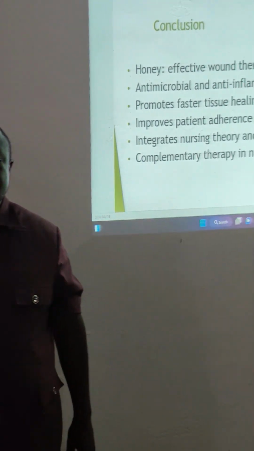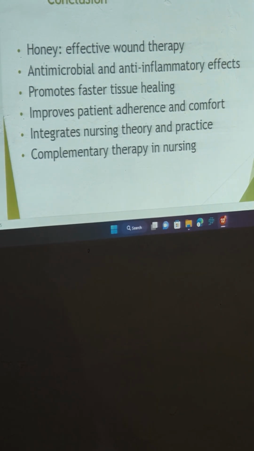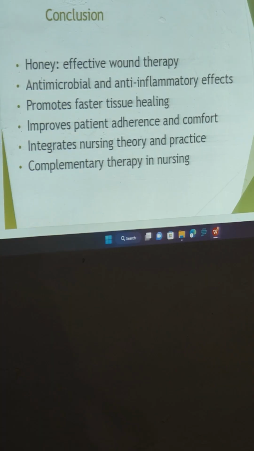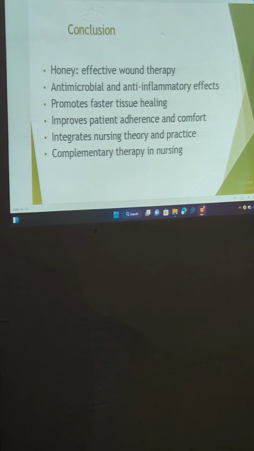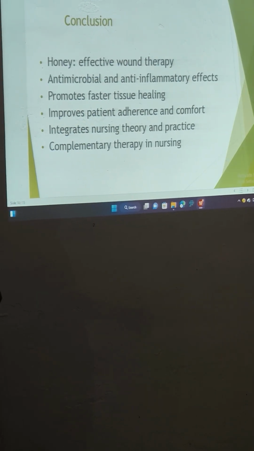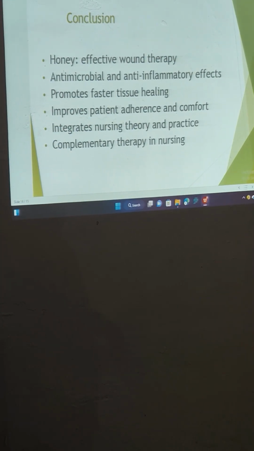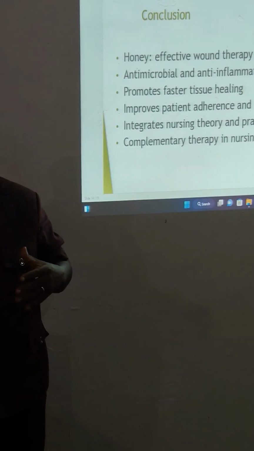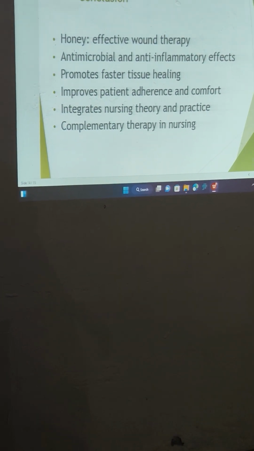In conclusion, honey is effective for wound healing because of its antimicrobial action. It has a pain relief agent which helps to reduce inflammation and pain from the wound. This anti-inflammatory property of honey will make patients have more adherence to treatment, and it improves their comfort. This use of honey integrates nursing theory and practice. It is